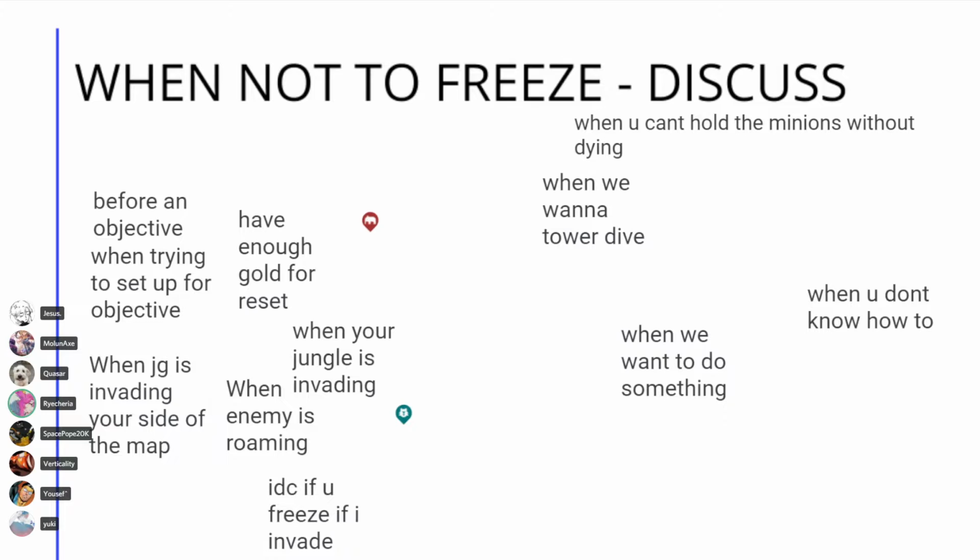Okay, so before an objective, when trying to set up for it as well, when not to freeze: when jungle is invading your side of the map, also when enemy is roaming, when your jungle is invading. So kind of like the jungle thing, it works with both sides. When you are invading or being invaded,